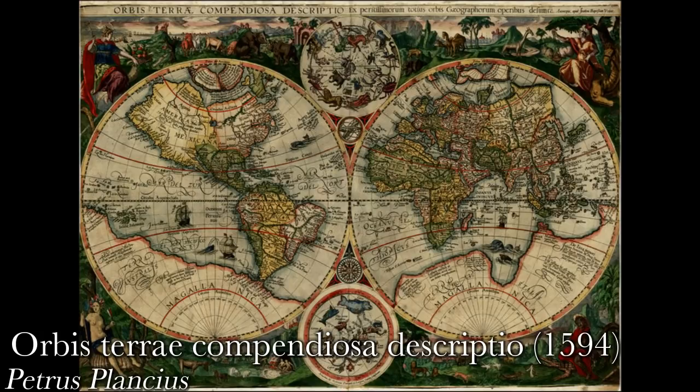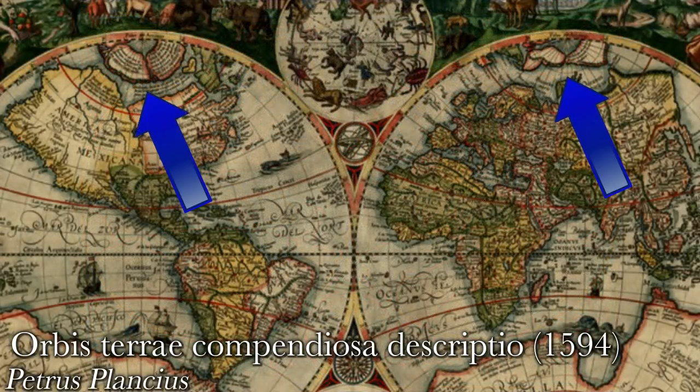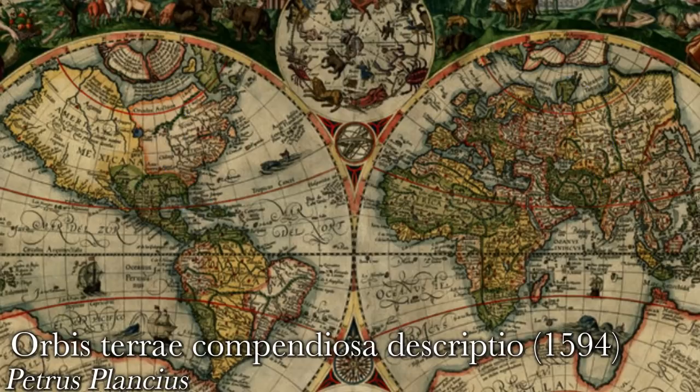This map, also from 1594, by Petrus Plancius, shows these same 4 continents, but separated via hemisphere. The inland sea where the 4 rivers meet is very pronounced, and again, we can marvel at how large a system this is, and also how close it is to what we would call these outer lands.